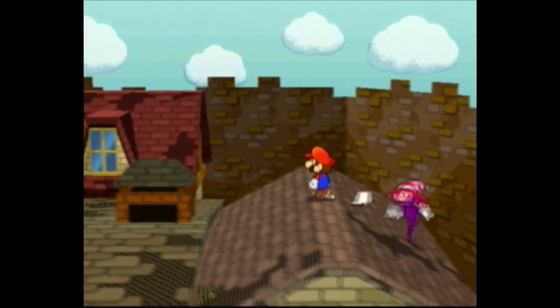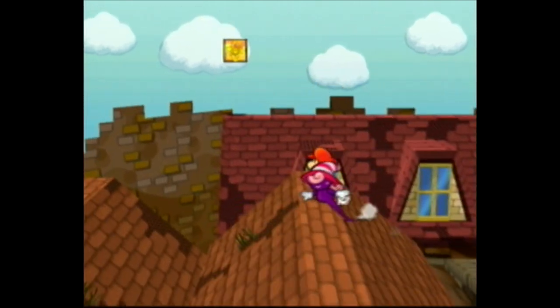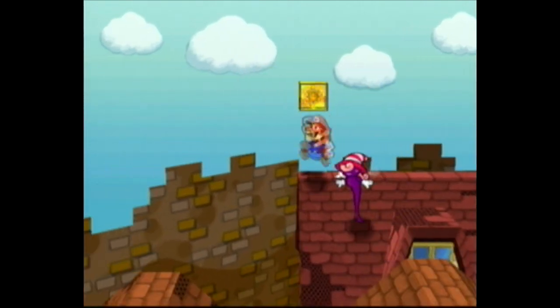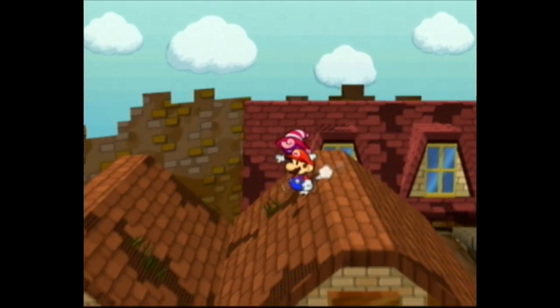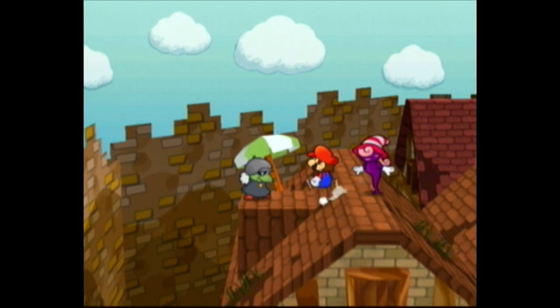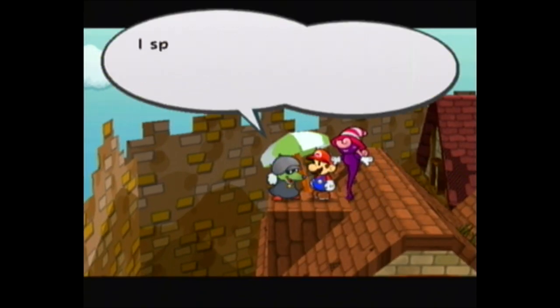So, yeah, I like having Vivian now because she's one of my favorites. I don't think I knew that Star Piece was there before this playthrough. You kind of went right for it, though. No, I was just trying to get behind to get the Shine Sprite, which I knew was there. Oh, also this lady. If you talk to her, she will give you the